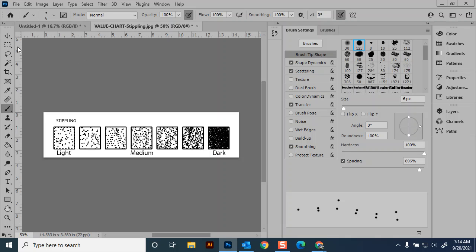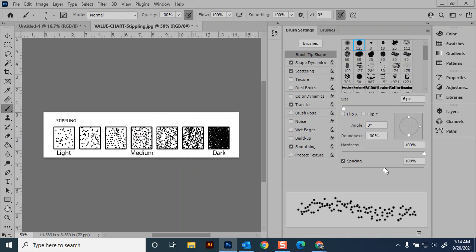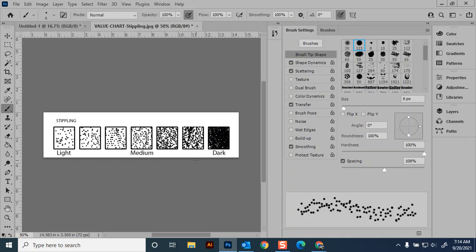Okay. If you prefer, you could use the rectangle marquee. You know, I wanted to make this one a little more dense. I could click and drag a box around the area I want to paint. B for brush, pack it in a little tighter again. Good. I can hit M for the rectangle marquee, click and drag. B for brush, and I'll do another pass with this brush